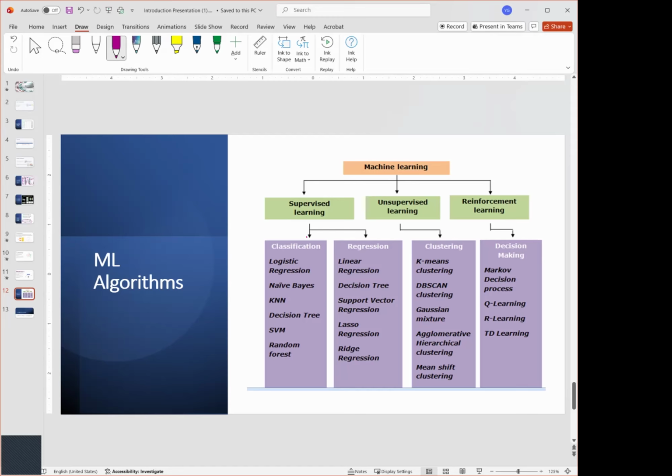You've got classification and regression, which are types of supervised learning. There's unsupervised learning, where you've got clustering. And then reinforcement learning, where you've got Q learning, R learning, and TD learning. Those are different types of machine learning algorithms.